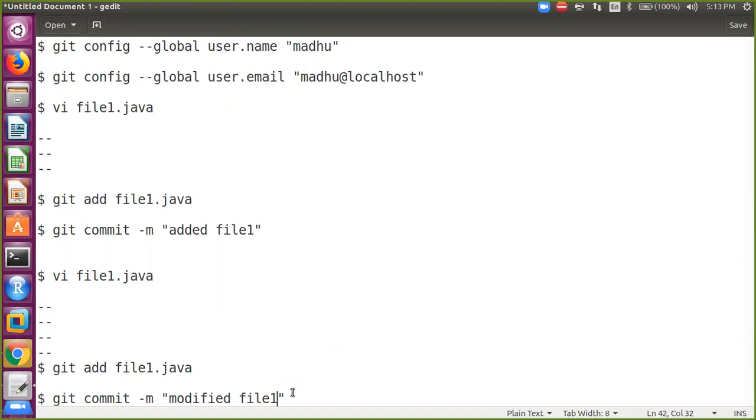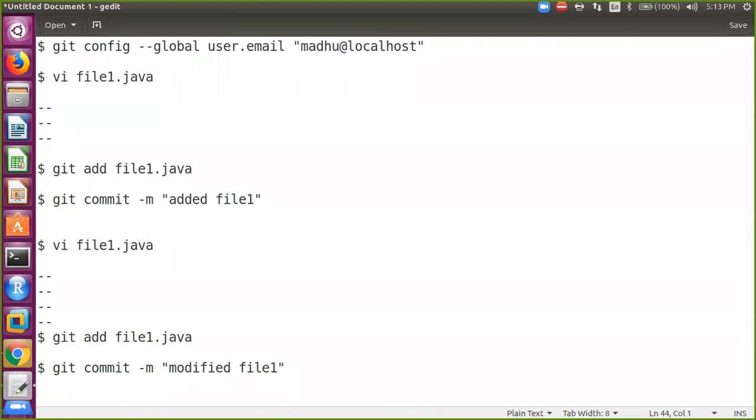Right, sir. So every time you modify any file, of course, after modifying that file, again you need to add that file.